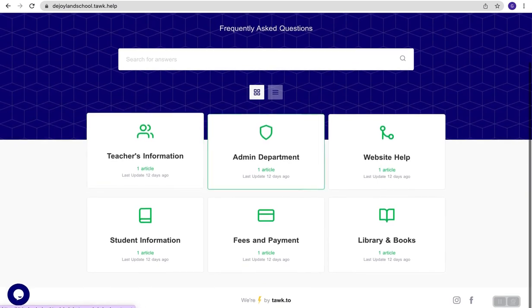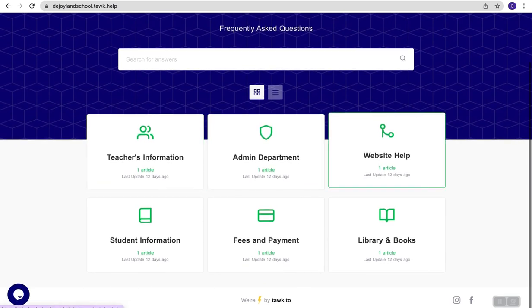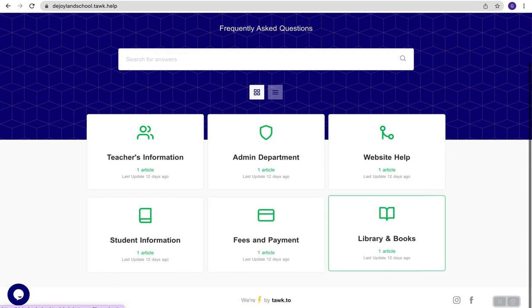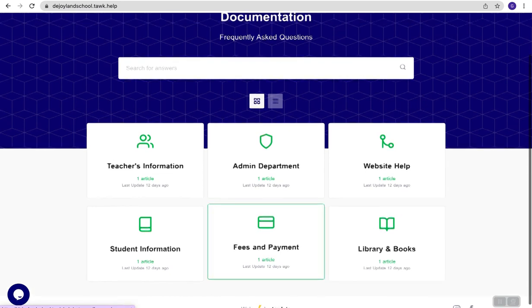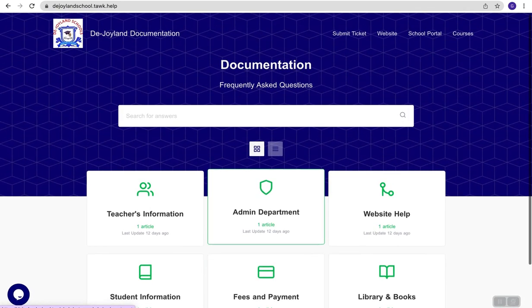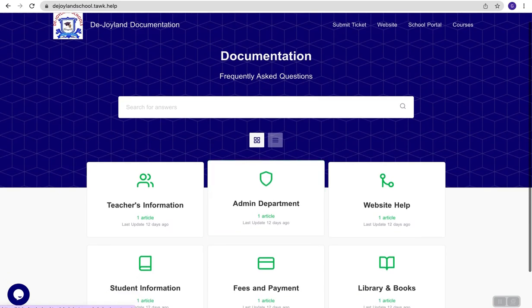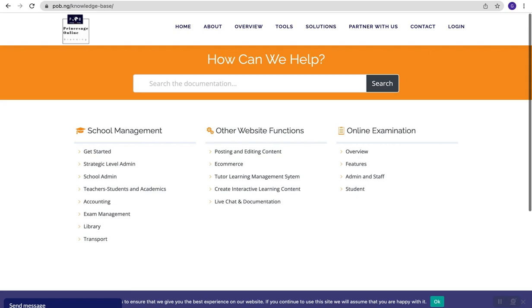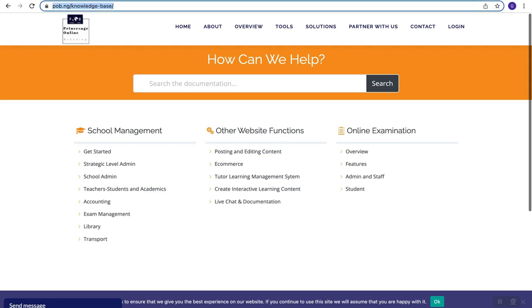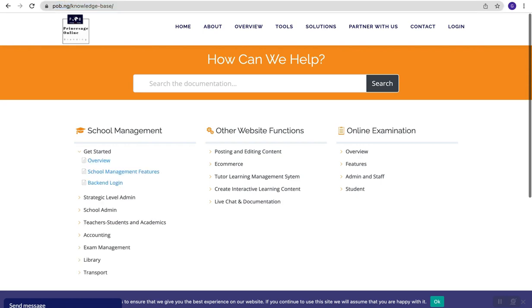There's information for teachers, there's admin information, websites, help, students, fees, and library. Now, these are to be updated by the school, so you add more information. If you want to see help on how you can do this, you can navigate through this documentation page that we've created, pob.edu/knowledge-base. Now here you see different articles on how to manage the school management system, how to manage strategic level